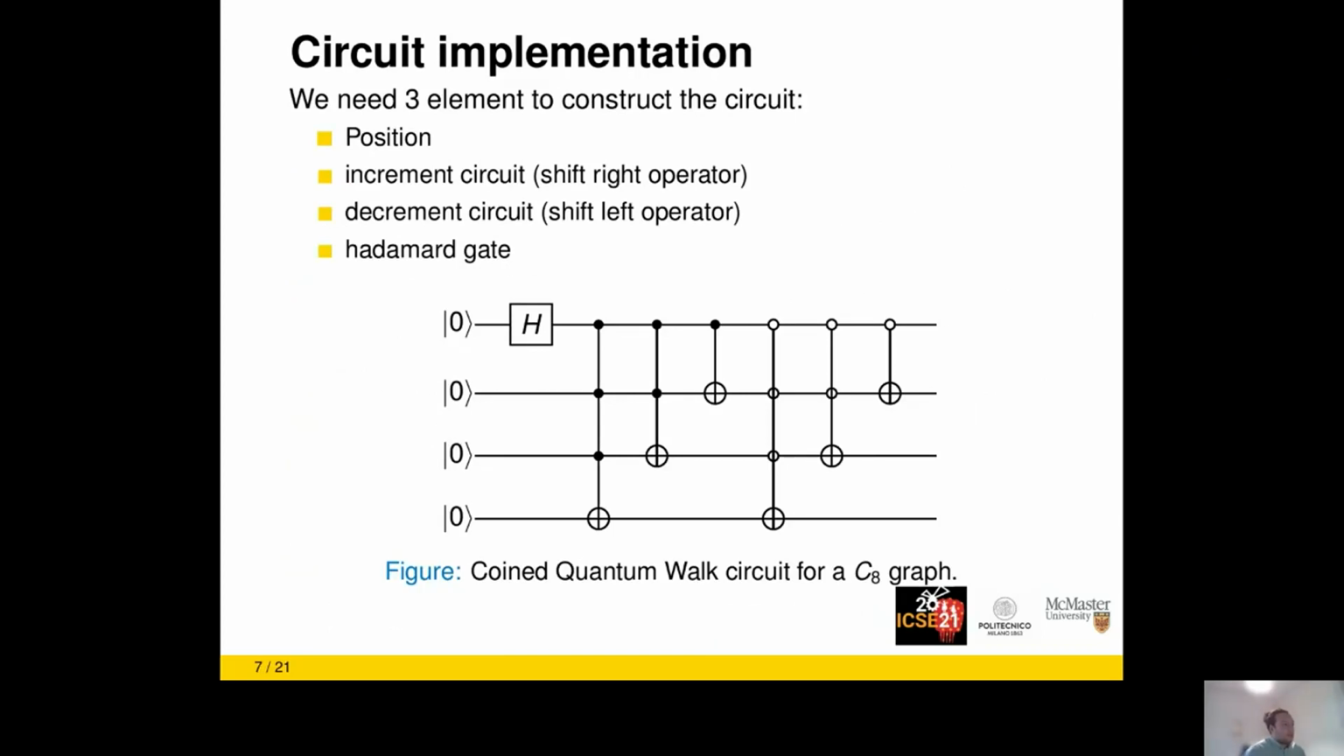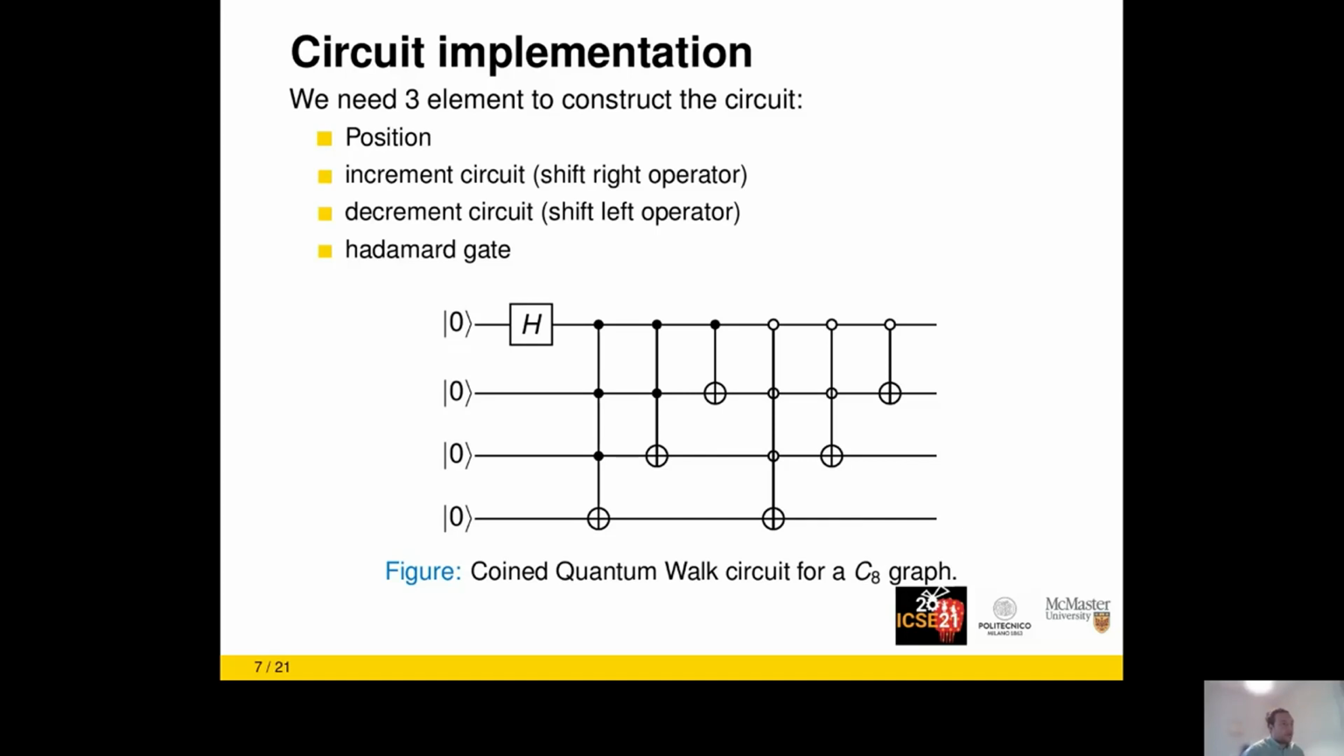This is our final circuit. We can identify the 3 qubits at the end that are our position. The first qubit is the coin. Then we have our coin, that is this Hadamard gate, and 2 sub-circuits here that are called Increment and Decrement Circuit. Together they